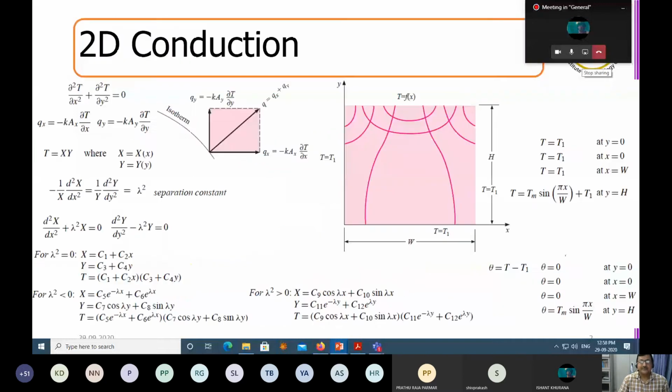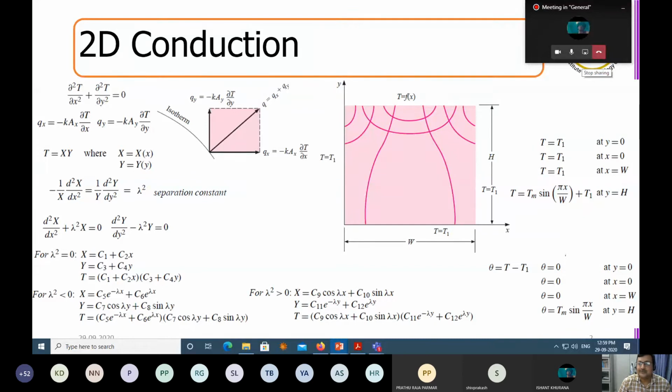Tutorial 2. What is the first thing that we should learn? Say suppose I have learned that d square T by dx square equal to 0, that solution is C1x plus C2. Now if I put q dot by k here, I know that it will be parabolic. I just need to plug in different boundary conditions here. In order to understand, if I put different types of boundary conditions in different directions, what will happen? I'll be able to get the temperature profiles. And I saw that for a slab with a heat generation, we are able to get